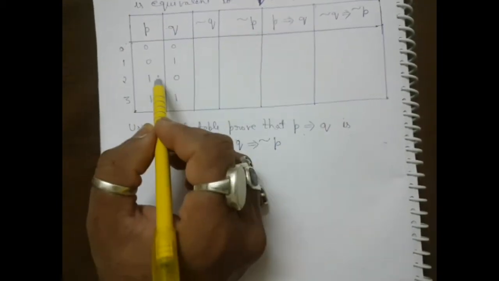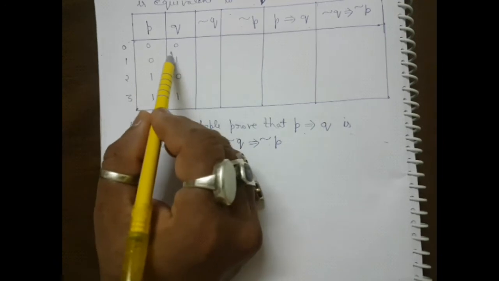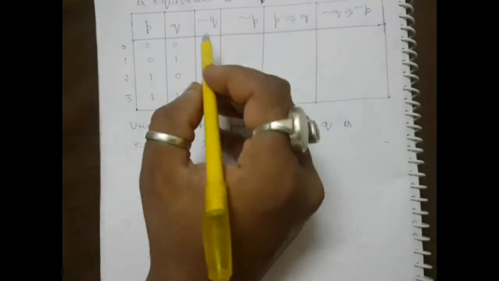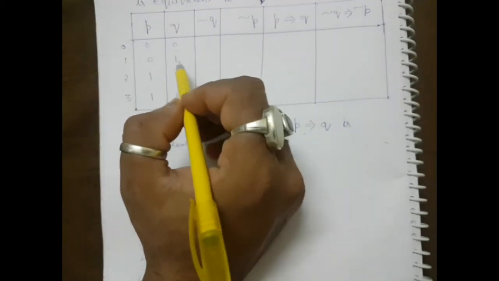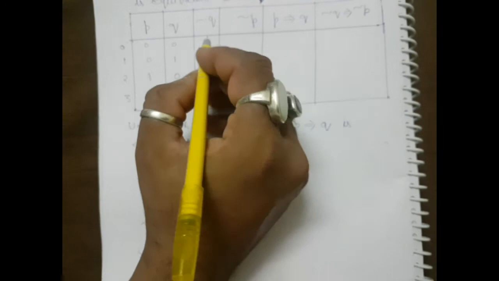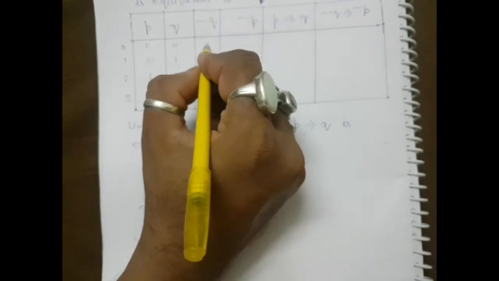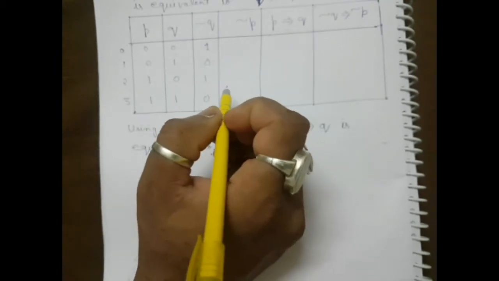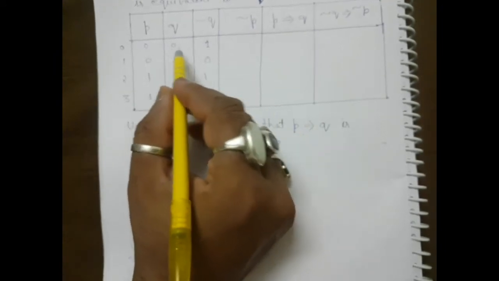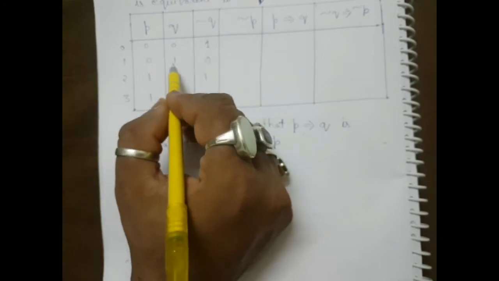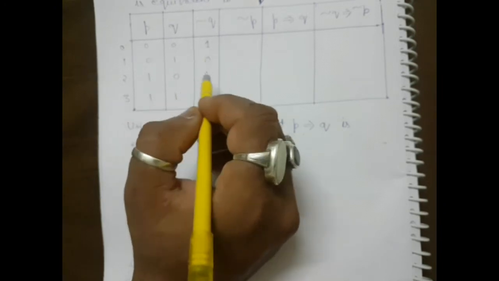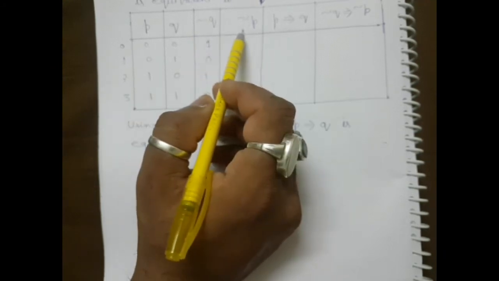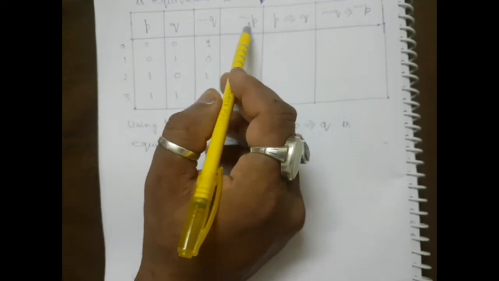Now here we have filled up the values, and these values are the binary representation of the row numbers. Alright, now not q. First we'll complement the q. So it is going to be 1 0 1 0. If it is 0 then it will become 1, and if it is 1 then it will be 0. There is a symbol of not or complement. Similarly, we go for p now, we will write p complement.